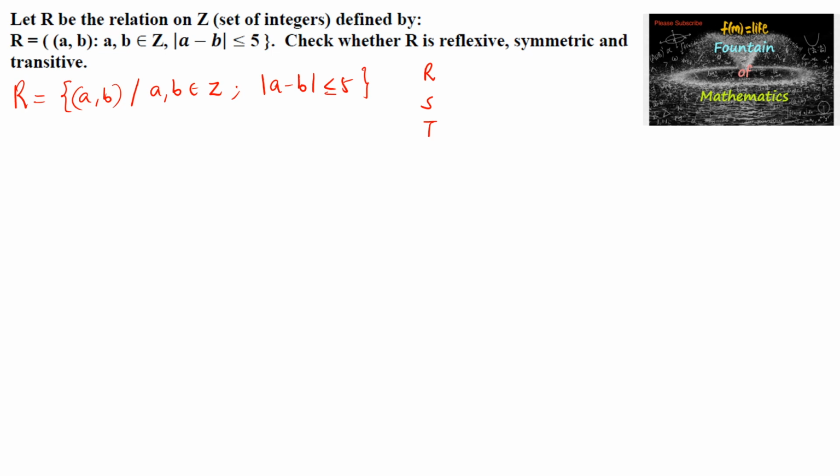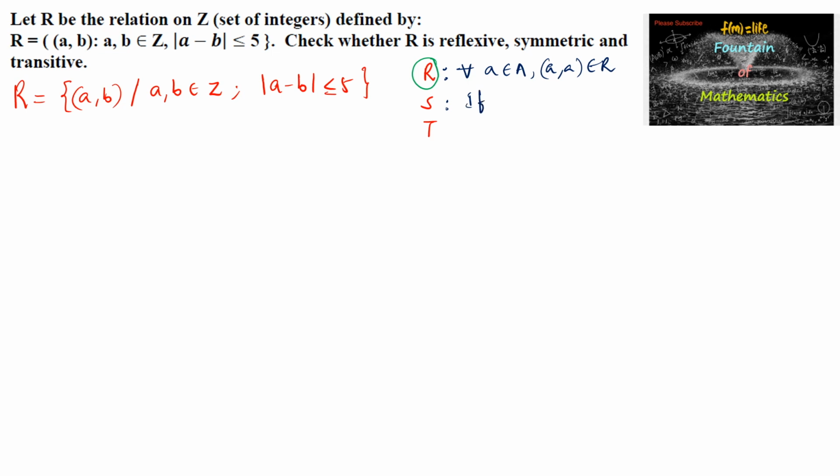We know that a relation is said to be reflexive if for every a belonging to A, (a, a) must belong to the relation R. For every element in the set, if (a, a) belongs to the relation, then we can say the relation is reflexive. And coming to symmetric,